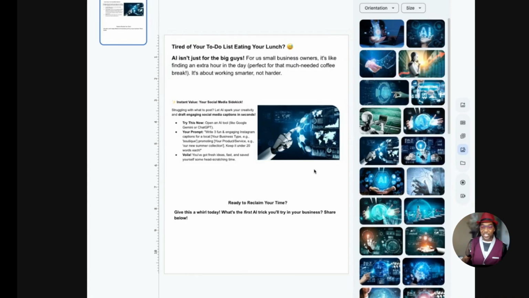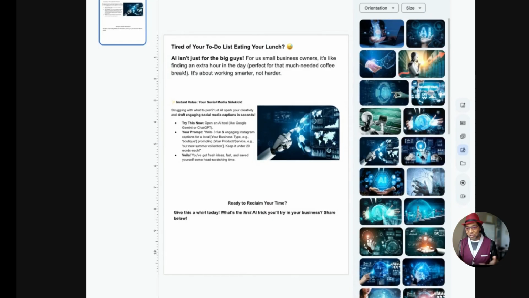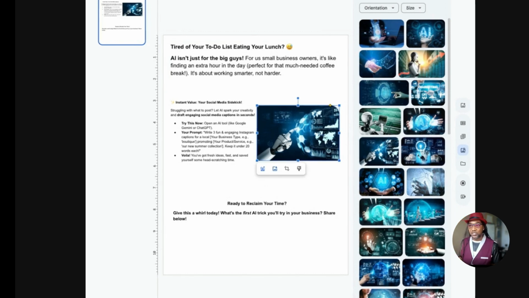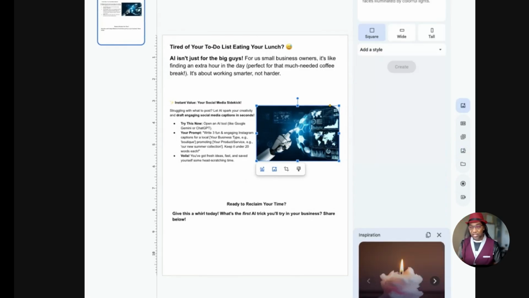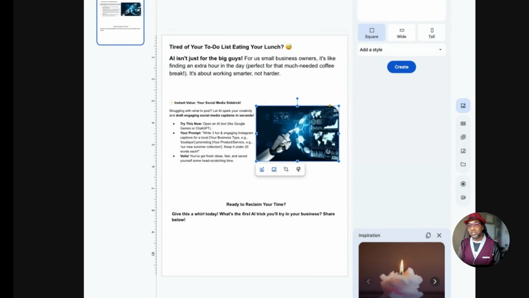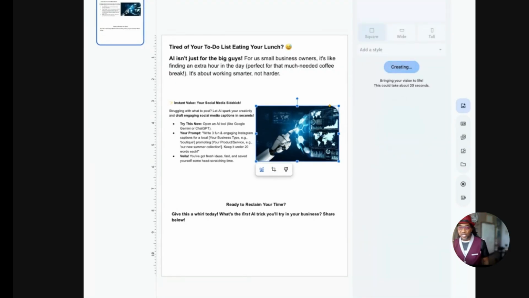So we're getting close. So far I've showed you how to get into the Google slide, take the content, paste it in here, and tweak. But maybe these stock images are something that everybody else can use. You can come into the Google slide presentation that's using Gemini, which is this right here, and this little box. It says replace image with Gemini. I'm going to go ahead and click on that. I'm going to ask it, give me an AI image to promote my business. It's generating while we wait.